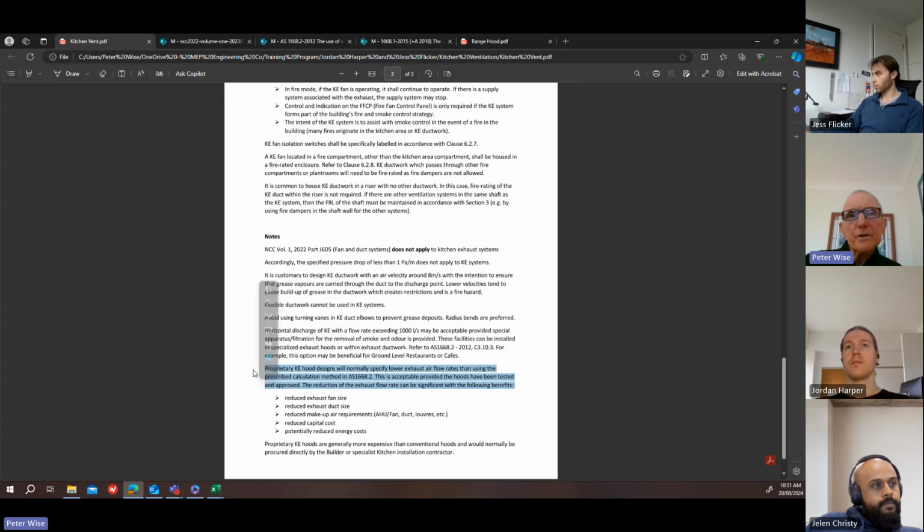Proprietary kitchen exhaust hood designs normally specify lower exhaust airflow rates. I mentioned this earlier. Lower airflow rates than you would get if you use the prescribed calculation method, but they are a lot more expensive. And normally we wouldn't offer those as contractors, or your clients' contractors wouldn't offer them. They would offer a standard kitchen exhaust hood because they're much cheaper and they can be made by anybody. The proprietary ones are special products, generally of an international design, not necessarily an Australian design, but manufactured in Australia